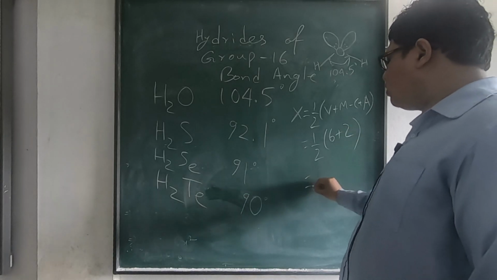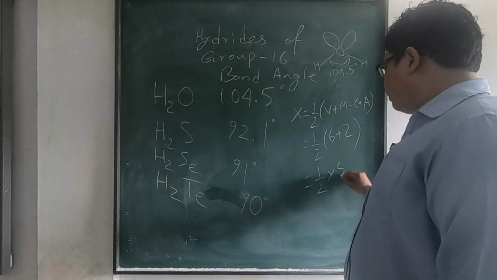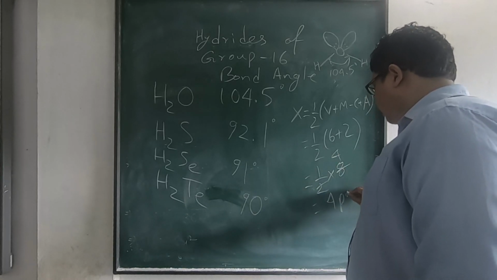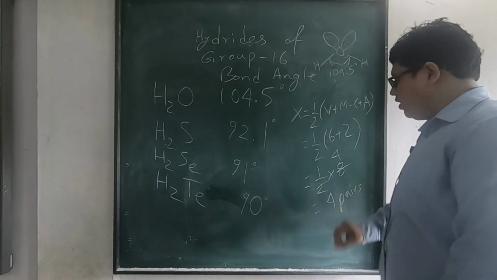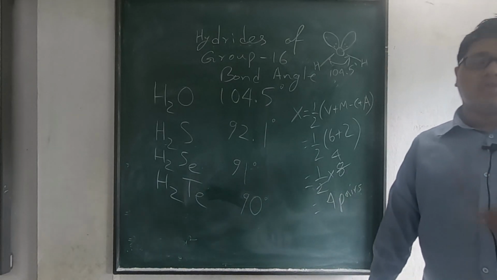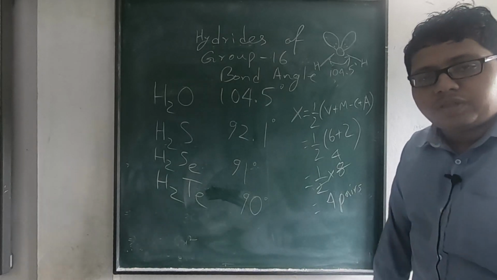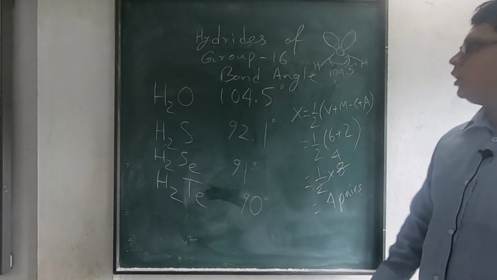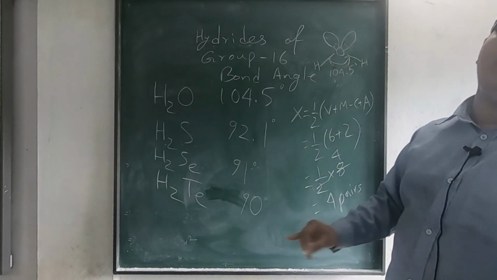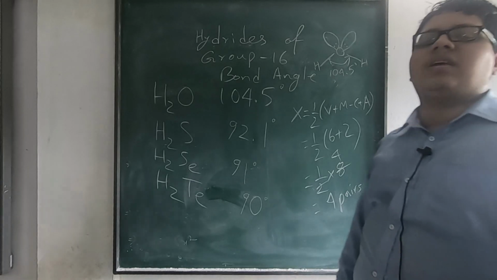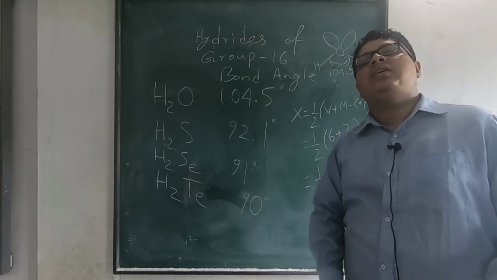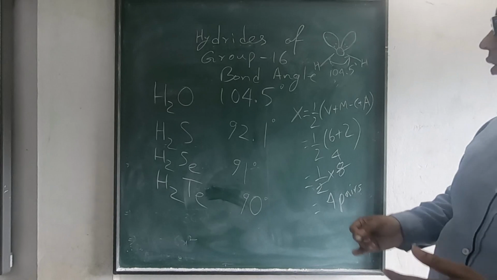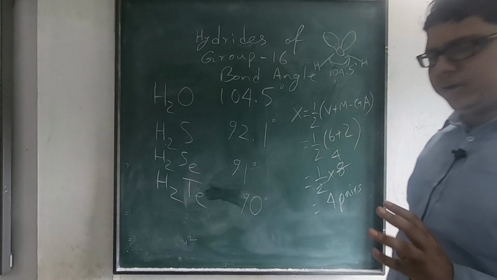So basically we'll always find 4 pairs of electrons. If there are 4 pairs of electrons, that means what? There will always be sp3 hybridization, and the number of lone pairs and bond pairs is also the same in all of them, okay? If I replace the oxygen with sulfur, same thing, there will be 2 bond pairs and 2 lone pairs. As a result, the shape will be V shape or bent shape, and there will be no difference in the geometry, okay?